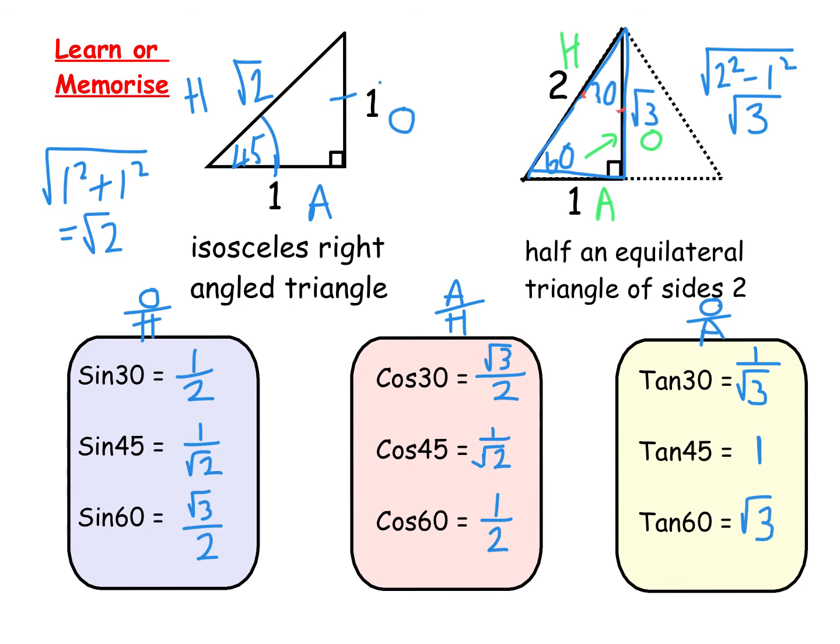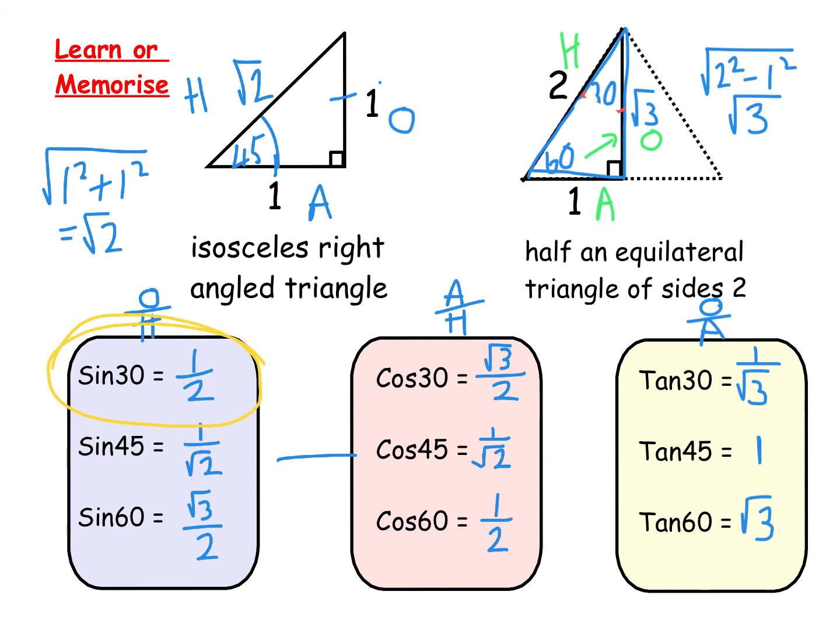Now let's look at this closely. The sine and the cos match. The tan ones are all pretty similar, but the 30 and the 60 are kind of the inverse of each other, 1 over root 3 and root 3. And we need to try and think of a way that you could memorise these instead of always drawing out the triangles. Now, a little tip I was given when I first started teaching was, if you can remember